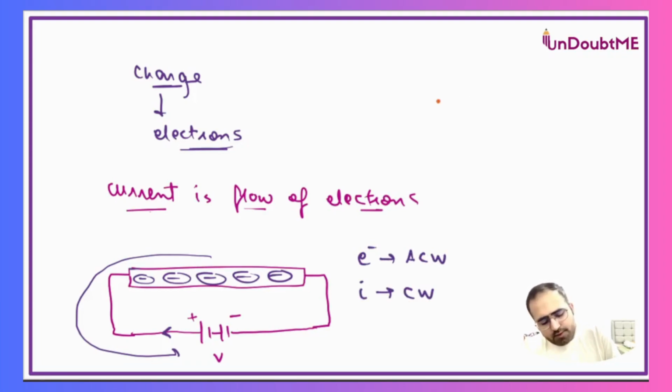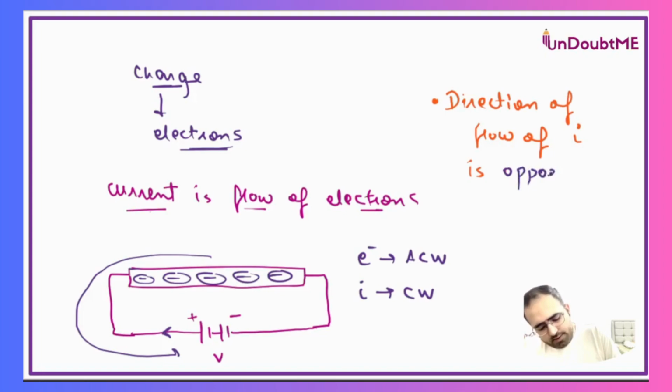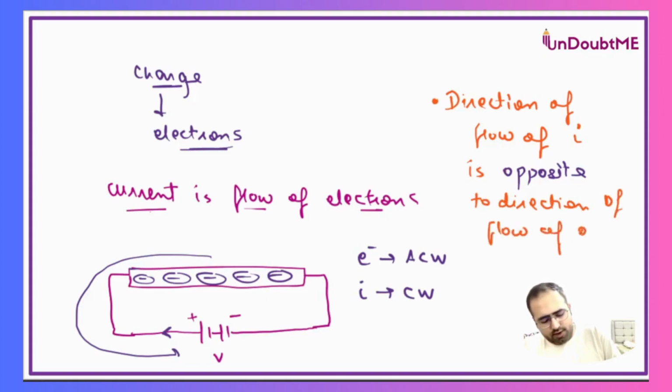So to sum up, direction of flow of current is opposite to direction of flow of electrons. Okay, and this will finally sum up everything about current and